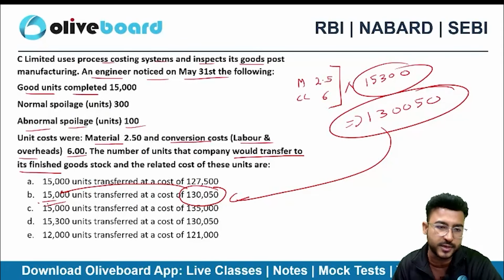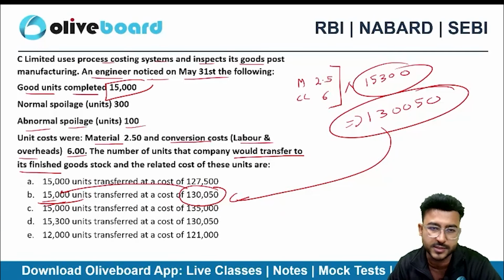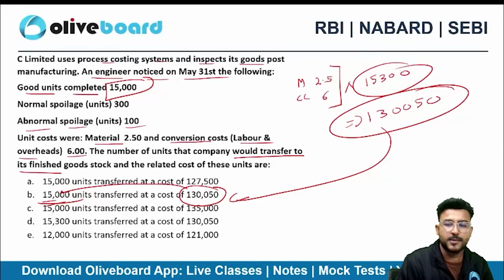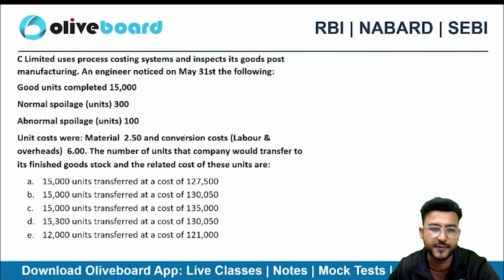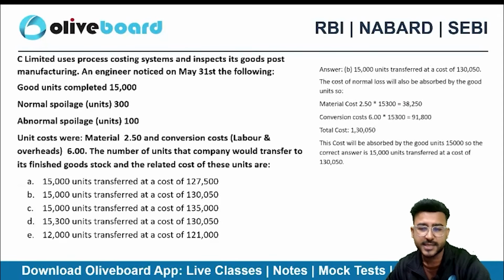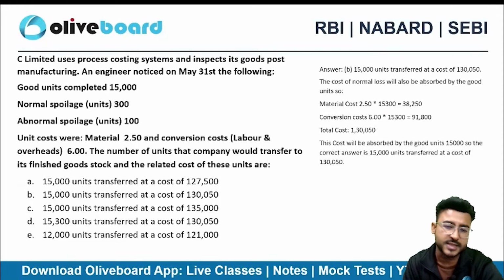So my total cost becomes 1,30,050, and my total units will remain 15,000 only. Why? Because I need to increase the cost per unit of the goods. Now this is a different type of question, okay? This is a different type of question as compared to the regular questions that we are getting in the